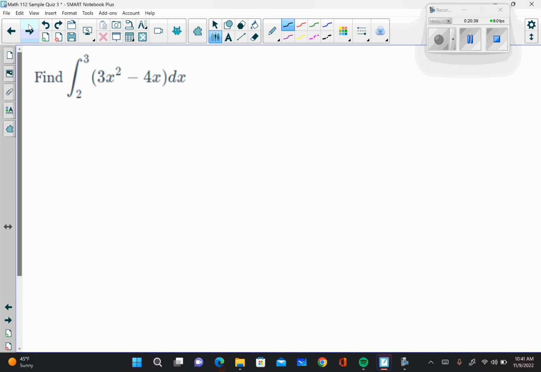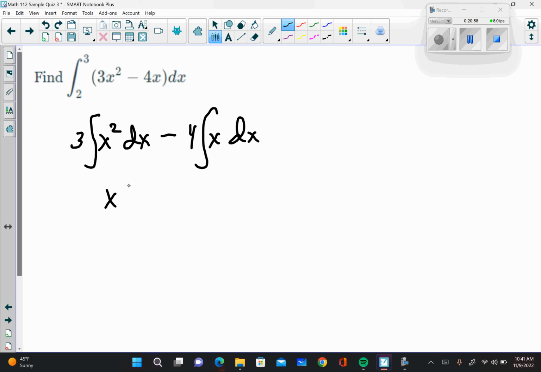Two terms, so we write two integrals. Don't worry about the 2 and the 3 right now. The integral of the first term, which is 3x squared, don't forget dx, minus the integral of the second term, which is 4x, don't forget dx. And we're going to use the same formula. We just used it. The integral of x to a number is x to that exponent plus 1 over